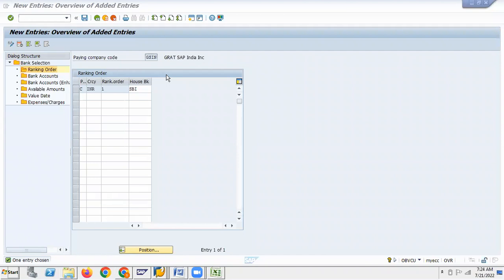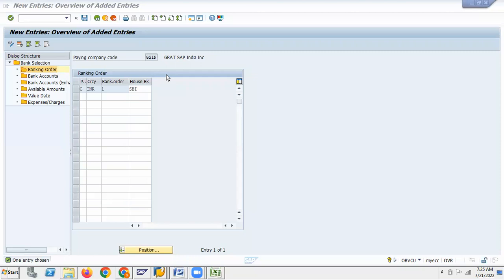Second, best cash discount, in bracket based on payment terms or any manual reference. Third,